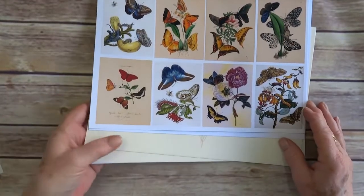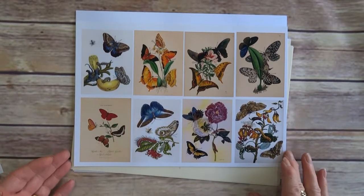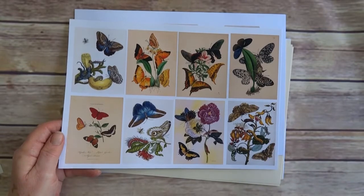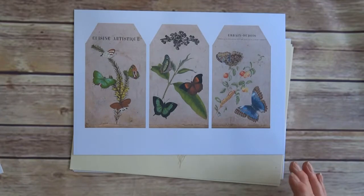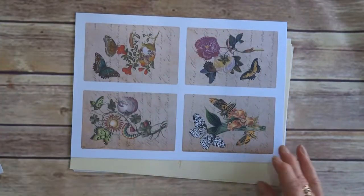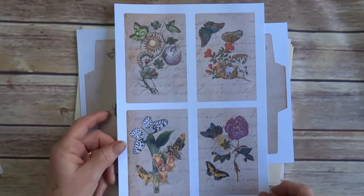And then ephemera. So I've got a page of ATC size tags, which I like to use just to clip on, and then people can decide where and when they want to put them in as pockets or tuck spots or whatever. And there's a page of large tags, and a page of note cards,